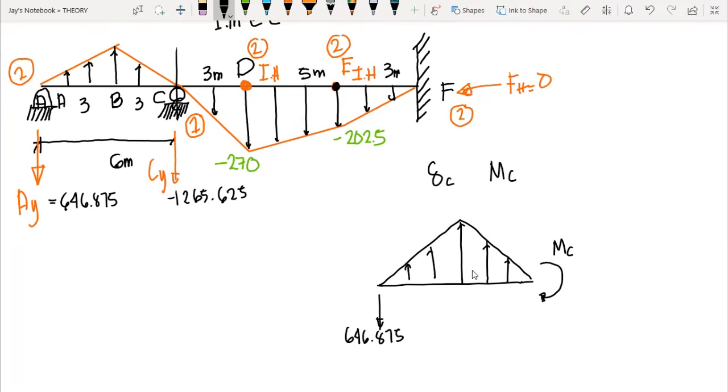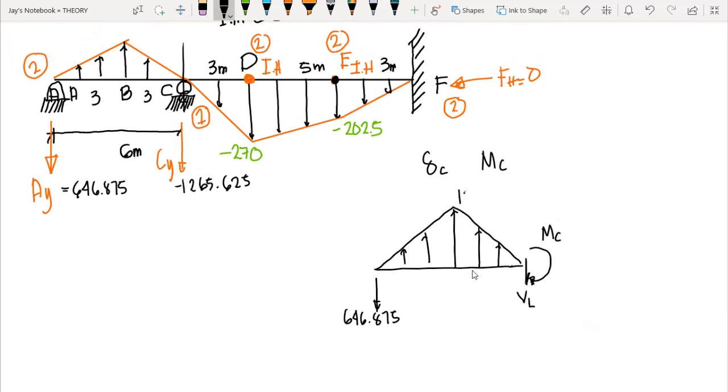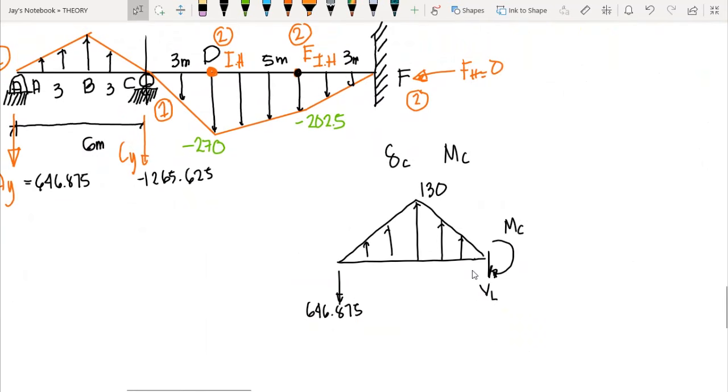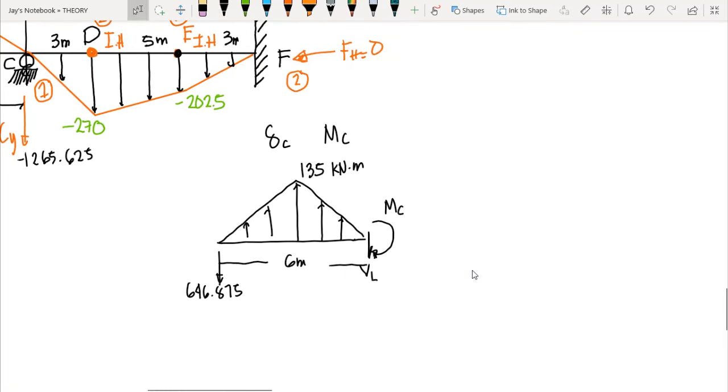And we have shear. Basically, we have shear here just to the left of C. Okay, so we have 130 kilonewton. And we have 135 kilonewton per meter load here. So the distance is 6 meters. And then we can sum up moment at C is equal to 0, counterclockwise positive. So we have